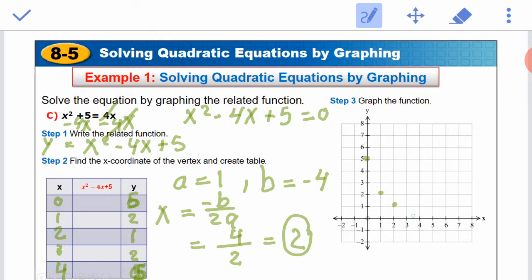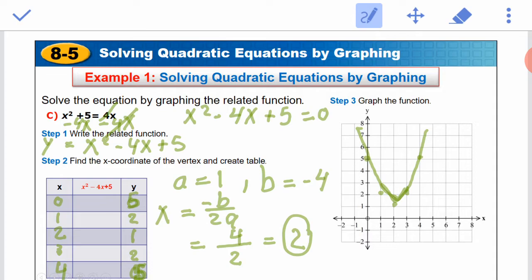3 and 2, 3 and 2, I started to see the symmetry between the two parts. 4 and 5 is my last value, and it's an upward parabola as I expected. The parabola opens upward, and here is my beautiful parabola. Anyways, guys, here's my parabola, and the surprise is there is not any kind of intersection of that parabola and